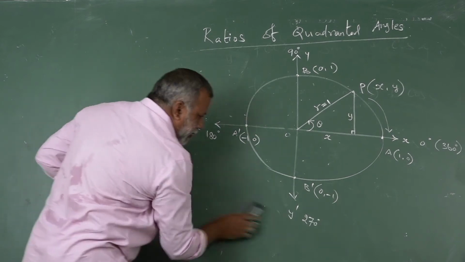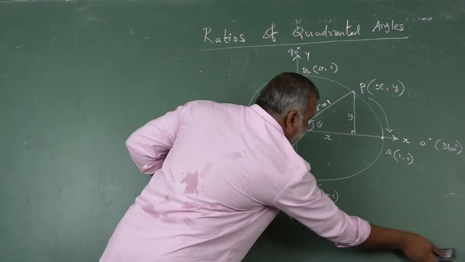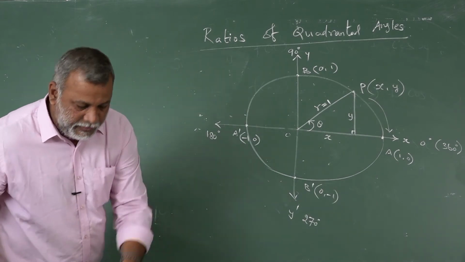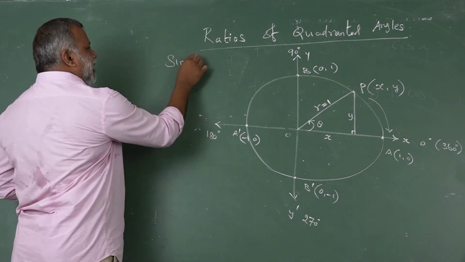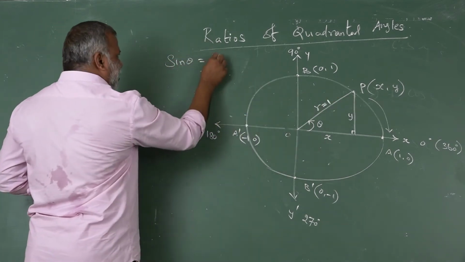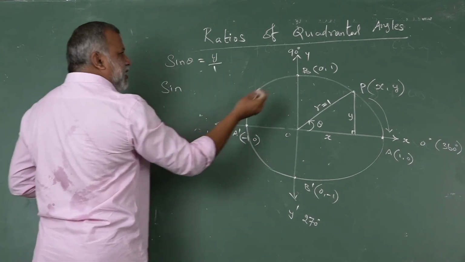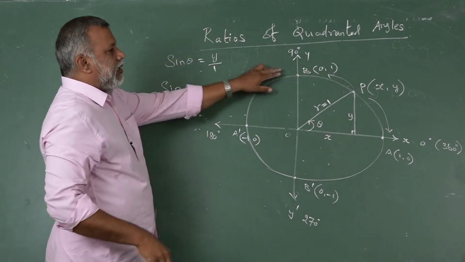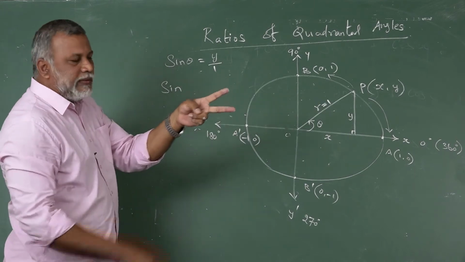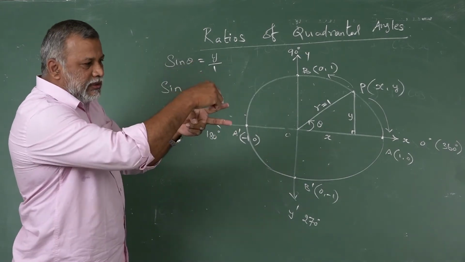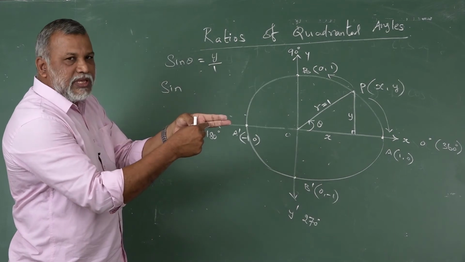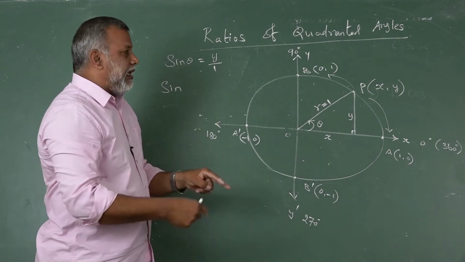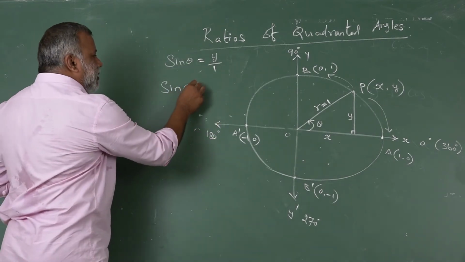In the same way, from this diagram, I am going to develop ratios of 90 degree. See here, once again sin theta, y by 1. Now listen, this point P is moving towards B and finally coincides. Initially, this is an angle theta; when my finger coincides with the base, theta becomes 0. Now this finger going to the top, now I can get 90 degree. Now theta is replaced by 90 degree.